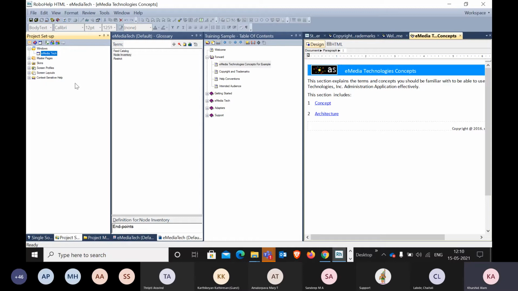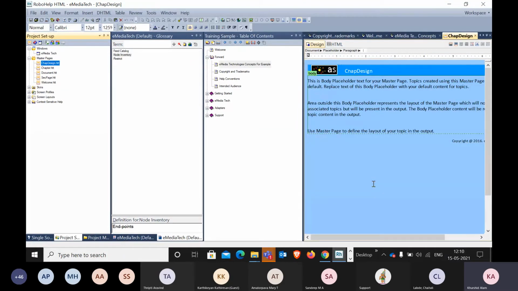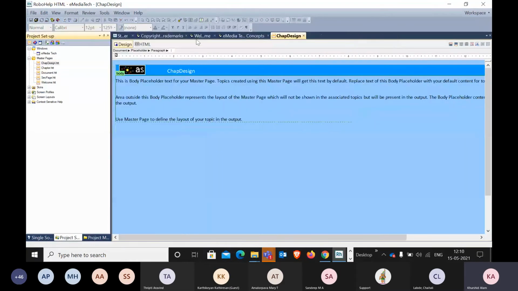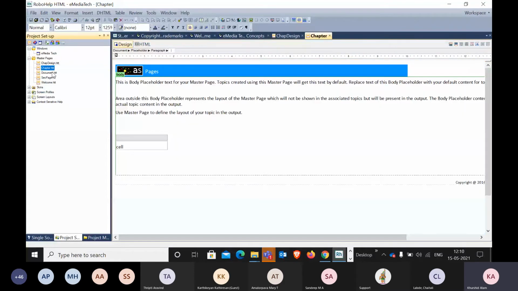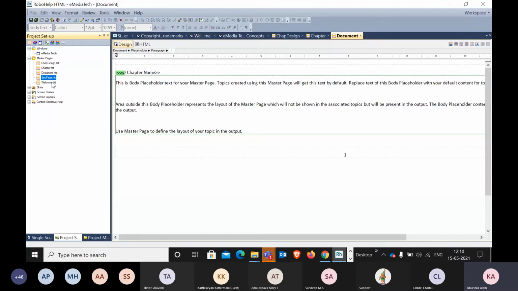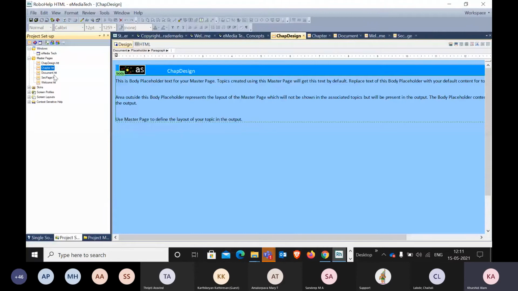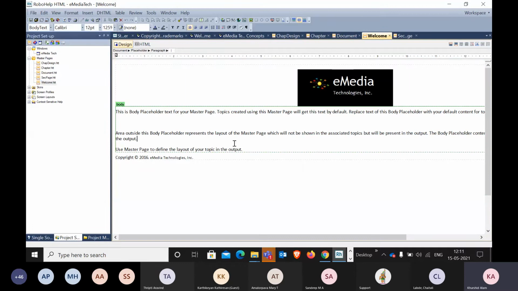See, this is important before creating any help file, before compiling this help file. And then here you see I am closing these panes. OK, so this is the topic page where I have created these master pages. And I have so many master pages created, so that if I need any certain design for any topic, I can include it. For example, I have this welcome design. In the welcome design, I have a little bit different design, while here I have a different design.